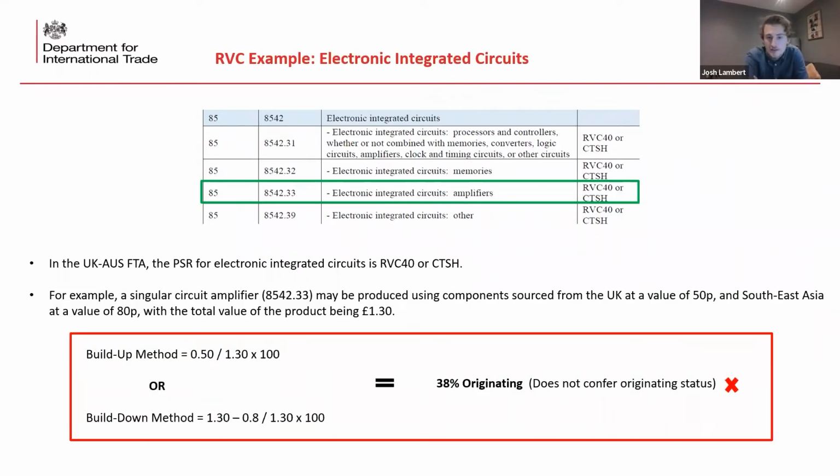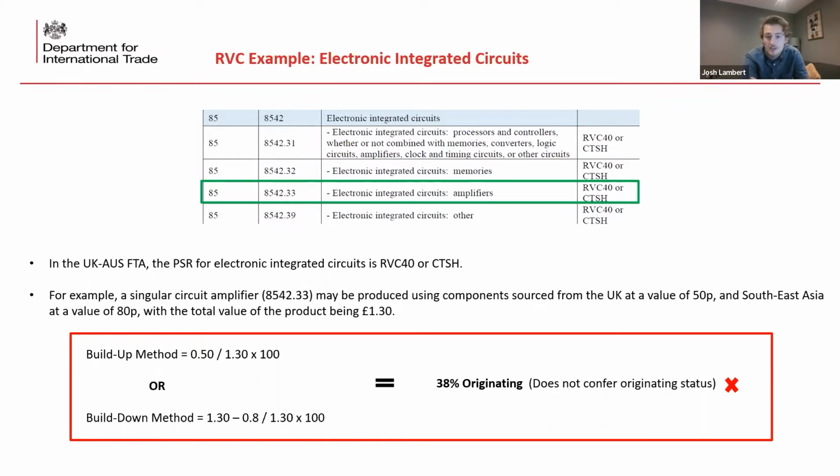Okay, so here is an RBC example. In this example, my hypothetical trader is interested in electronic manufacturing. Just for a bit of clarity, I've used some completely made up figures to keep things really simple in the example. So don't be confused if any of these look out of place against real world figures. As with the previous example, the trader would locate the PSR, in this case for electronic circuit amplifiers,